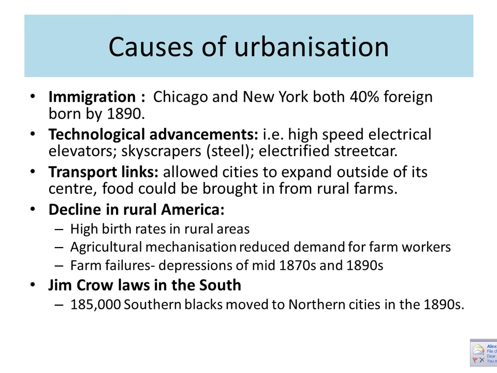Now, at this particular time, agricultural mechanization comes in. That is, it reduces the demand for farm workers. You no longer need 10 people to plow a field if a tractor with one person driving it can do it for you. Additionally, there are farm failures. The crises and panics experienced by America in the 1870s and the 1890s will lead a lot of farmers to go bankrupt, particularly those that had borrowed lots of money to invest in their farms, in tractors and so on. These people go bankrupt and as a result end up moving to the cities for work.